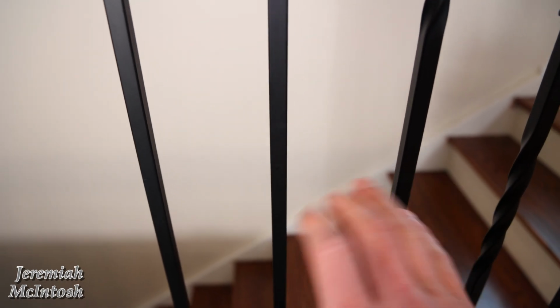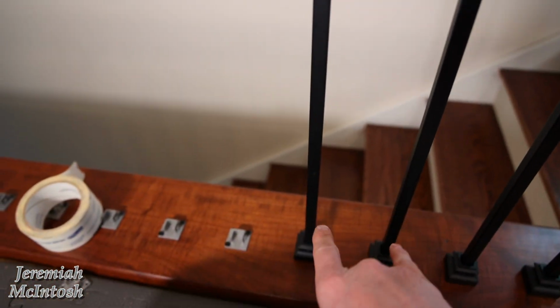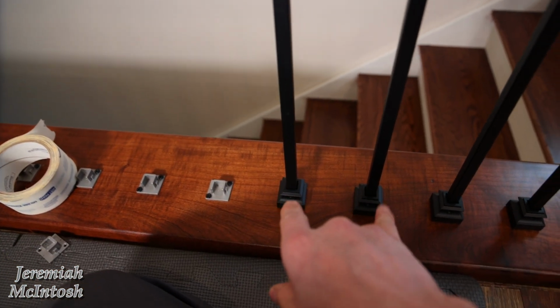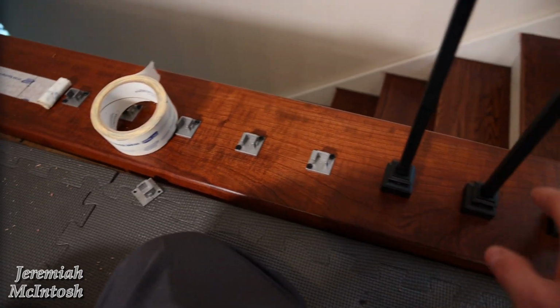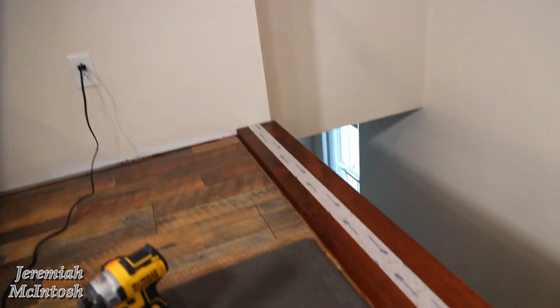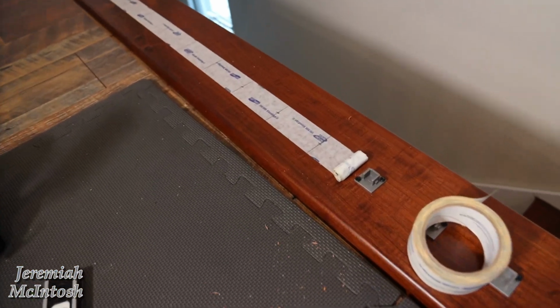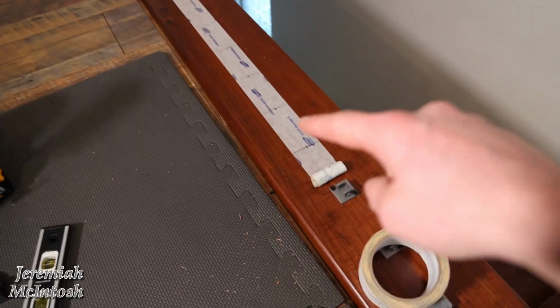I believe in my area it's no more than 4 inches between the spindles. So basically what I did was tried to go about 4 inches to the center of each one. But like I said, you want to check your local codes and make sure that everything is up to code as far as the height of your railing and the width of your spindles. So what mine ended up being, actually once I worked it out from one side to the other, was 3